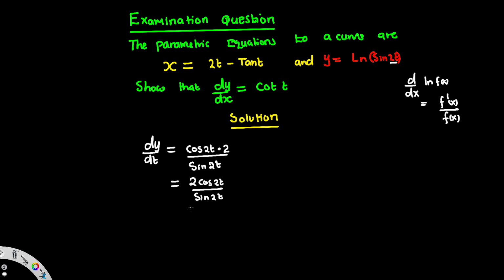The next part we're going to work on is differentiating dx dt, and basically this is differentiating 2t, we are going to get just 2, minus differentiating tan t, we are going to get sec squared t. If you want to be safe on doing these particular questions in exams, make sure you have a good and a perfect understanding on how to do differentiations,